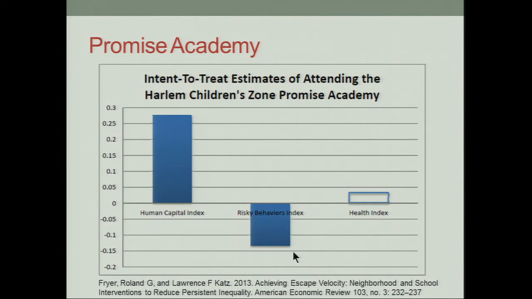Specifically, just to give you some perspective, girls who won the lottery were 12% less likely to be teen mothers, and boys were 4.3% less likely to be incarcerated. They did not see significant improvements in other health outcomes like healthy eating, mental health, and physical health. And they found that these effect sizes were equivalent when they looked at lottery winners living within the Harlem Children's Zone and those living outside the zone. So that really suggests that the active ingredient here was the school environment.